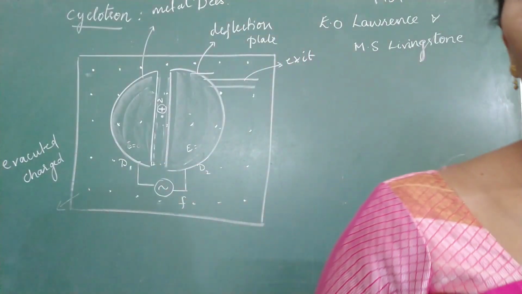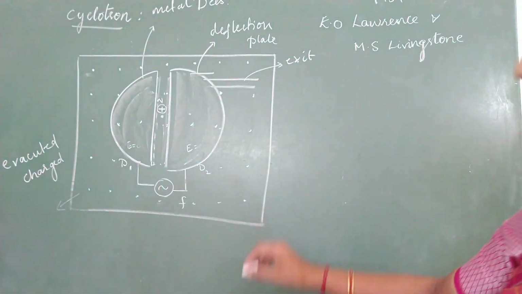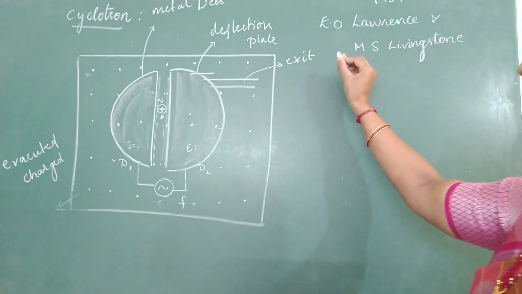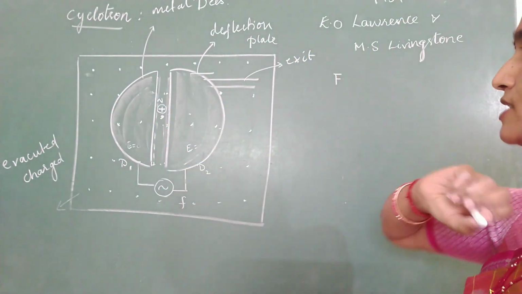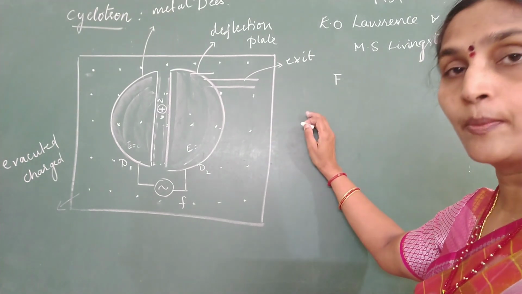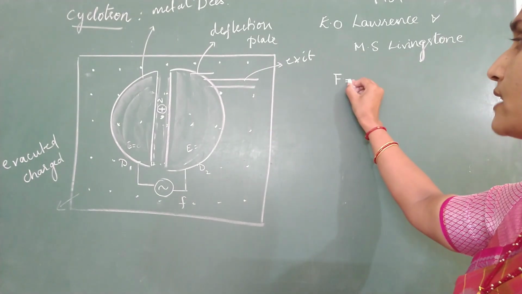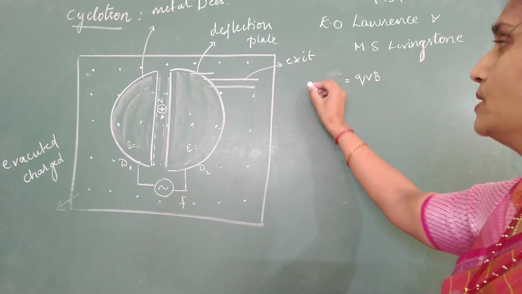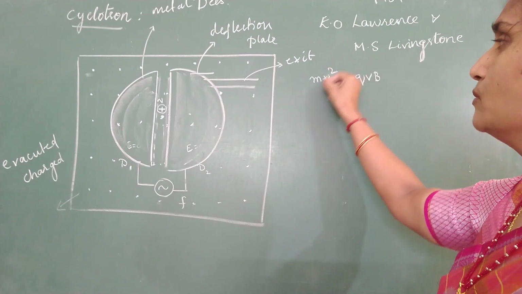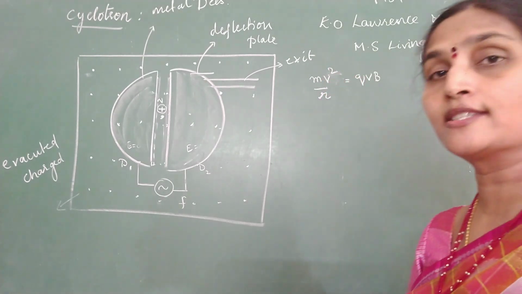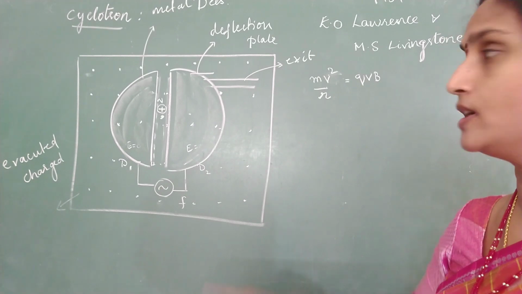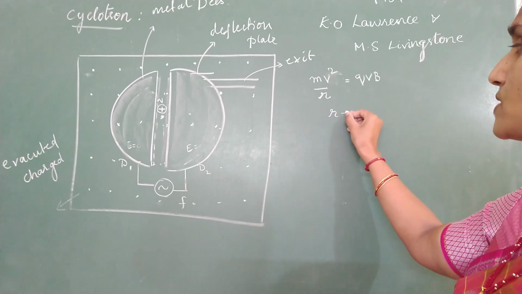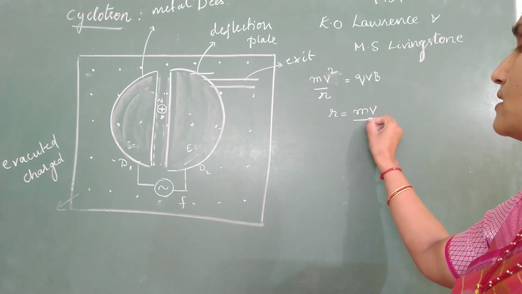And now let us see what would happen if you keep a charged particle. So first select the charged particle, and we have studied in magnetic force: when a charged particle is projected in a perpendicular magnetic field, what is the force acting on it equal to? qvB. And this force is responsible for making the particle move in a circular path. So who provides the centripetal force in a perpendicular magnetic field? It is the magnetic force. So from this we know that the radius of the circular path is mv by qB.